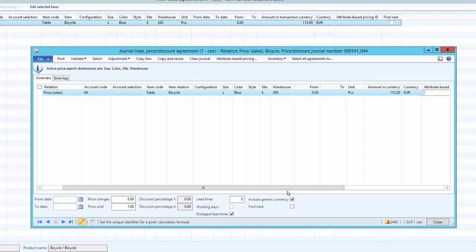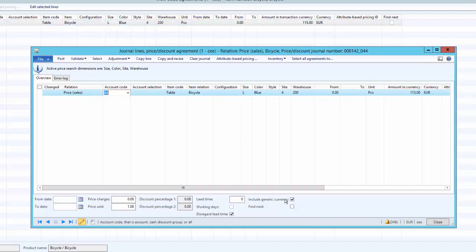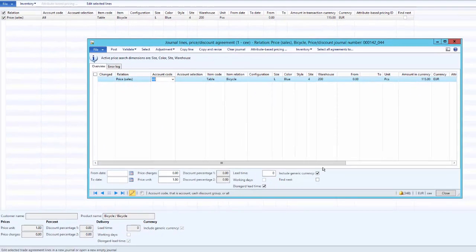If the trade agreement is not included in generic currency, trade agreements are currency sensitive, and this trade agreement will only be applicable for sales lines or sales orders created for the euro currency. So now, since we have included this trade agreement in generic currency, we can post this trade agreement, which will activate it.